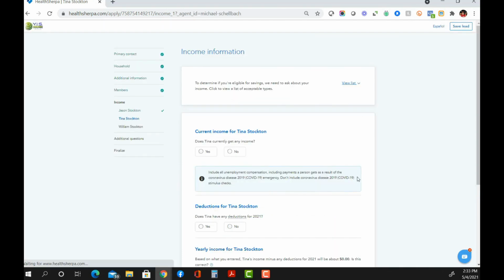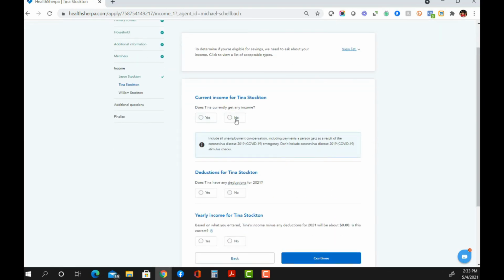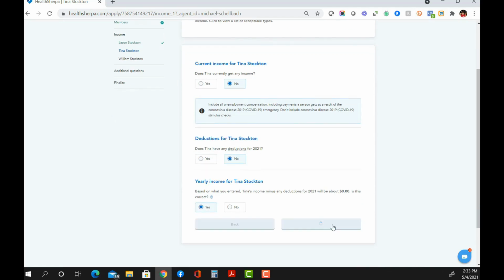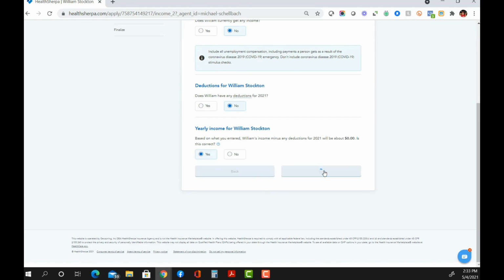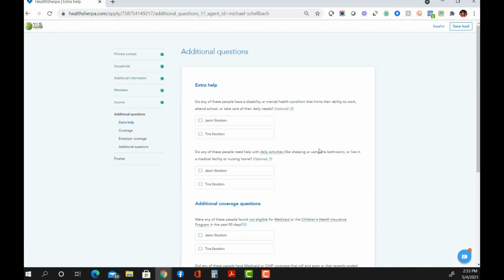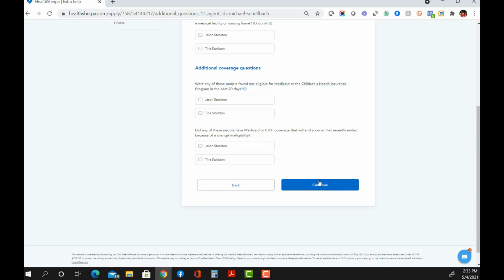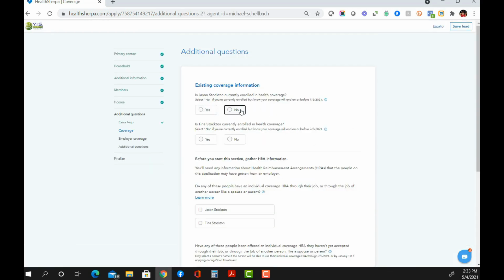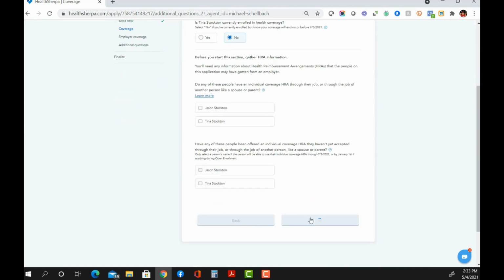Again, I'm not going to complete this application because it would be screwing up someone's insurance. But this person, for argument's sake, does not make an income. So now you're getting to the end of the application. And again, this is super simple. Once you get down to the back, all these questions, they don't have to be answered unless there's a reason for it. Do these people have coverage? You can put yes or no. It doesn't